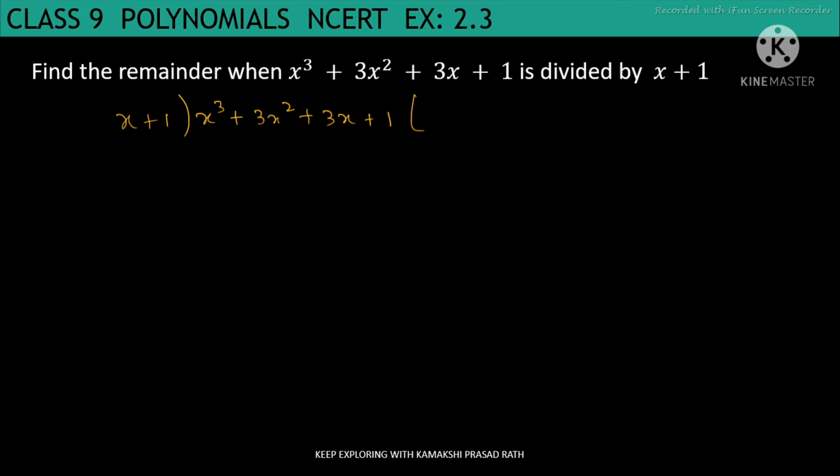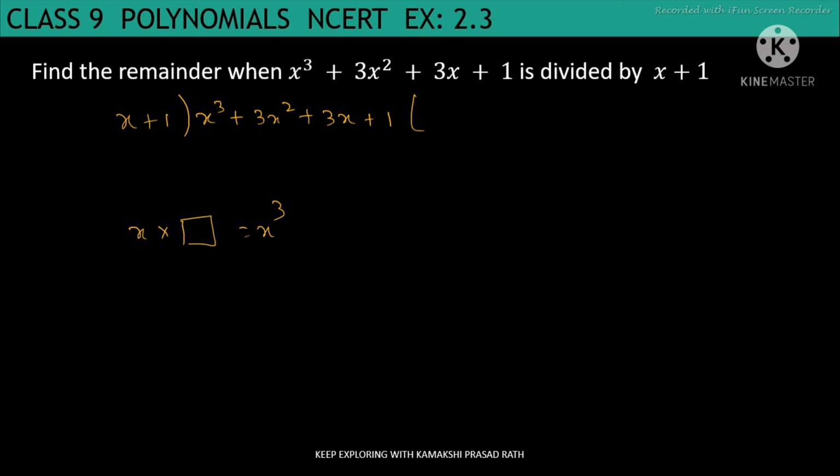So the way we start dividing in our numbers, the same way we start it with the first place. Suppose we have a number like 52 divided by 14. We see the first place, the tens place, we have 1 and 5. The same way we'll use it here. Always see the first place. In the divisor the first term is x, and in the dividend the first term is x cube. So here you have to ask, x multiplied by what will give us x cube? That is the concept here.